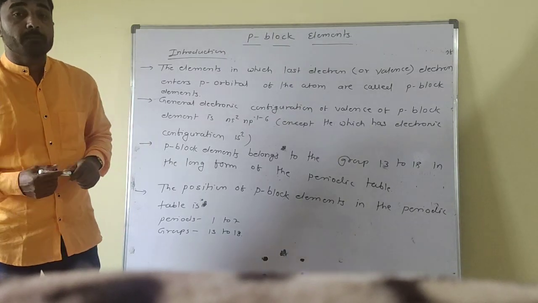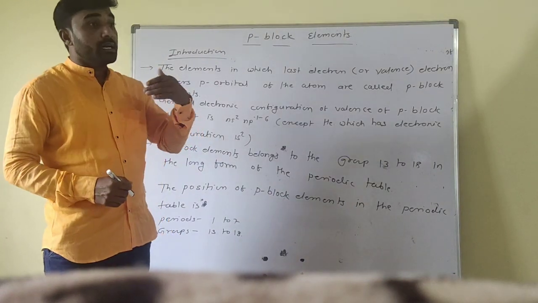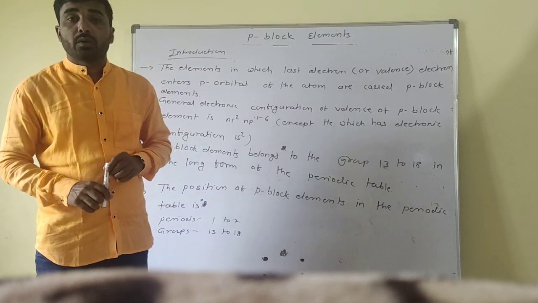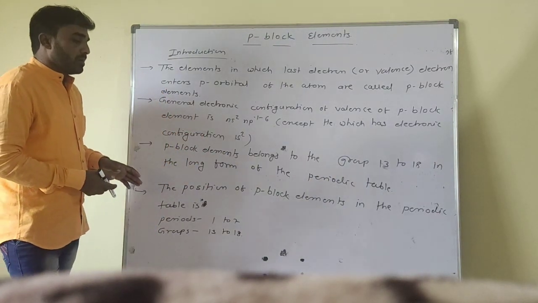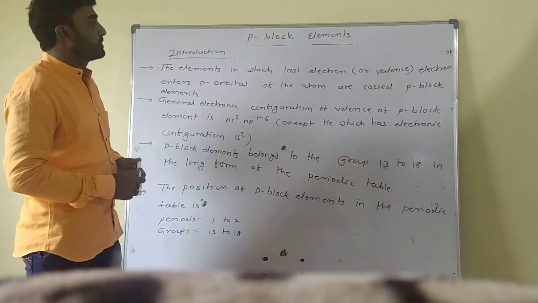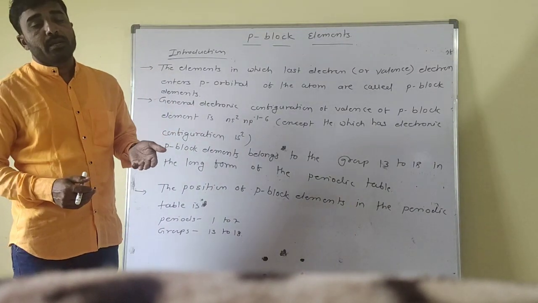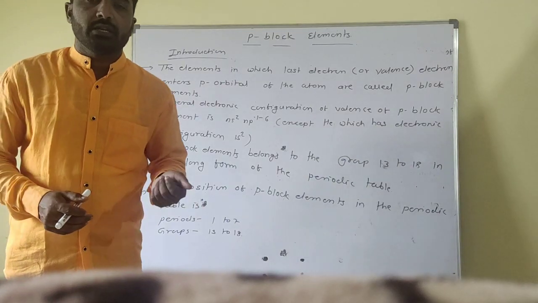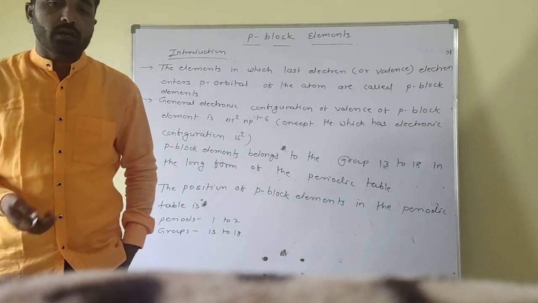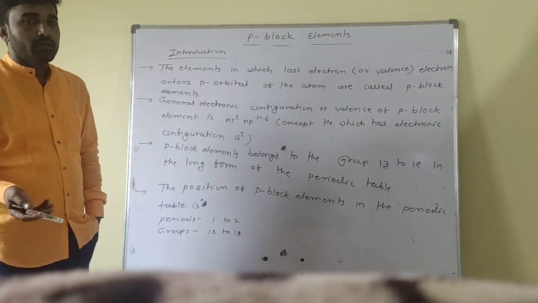In this periodic table there are 118 elements, and those 118 elements are divided into 4 blocks. That is S block, P block, D block, and F block. These divisions depend upon the atomic number and electronic configurations. So by electronic configurations, some elements are present in the S block, some in the P block, some in the D block and F block elements. So why are these elements present as S, P, D or F?